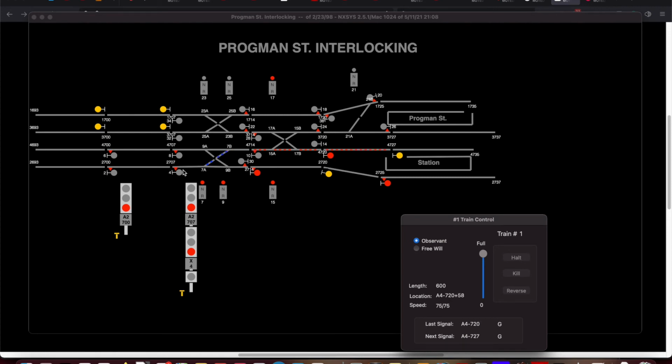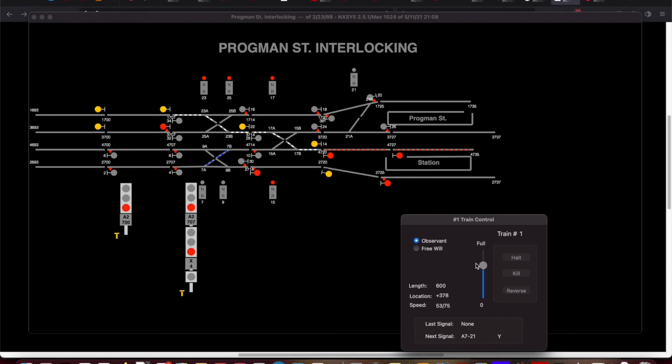Now, if we try to align a route now, let's say from here to there, we can't, because these switches cannot be moved. They are locked. See, well, they're not locked anymore because this train has moved out. But we can stop the train, halt, and let's say we cancel this initiation, just another route. We can now reverse the train and route the train from 14 to the southbound local track. And the route will line up in the south direction.